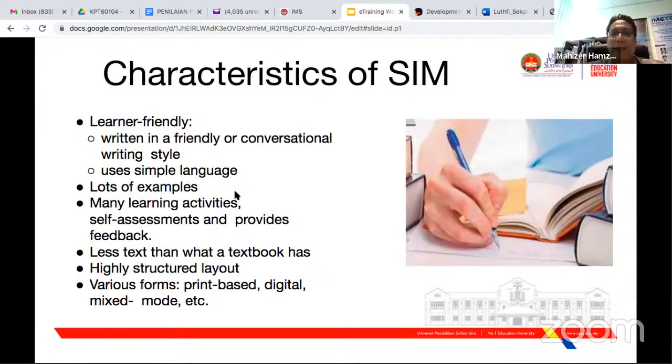Okay, but they can give example, you can ask him, and then he will answer it. But if it's a self-instructional module, this body cannot answer the question. So what we have to do, we have to give more example, okay, from different perspective. For example, we have example from one perspective, second perspective, third perspective.